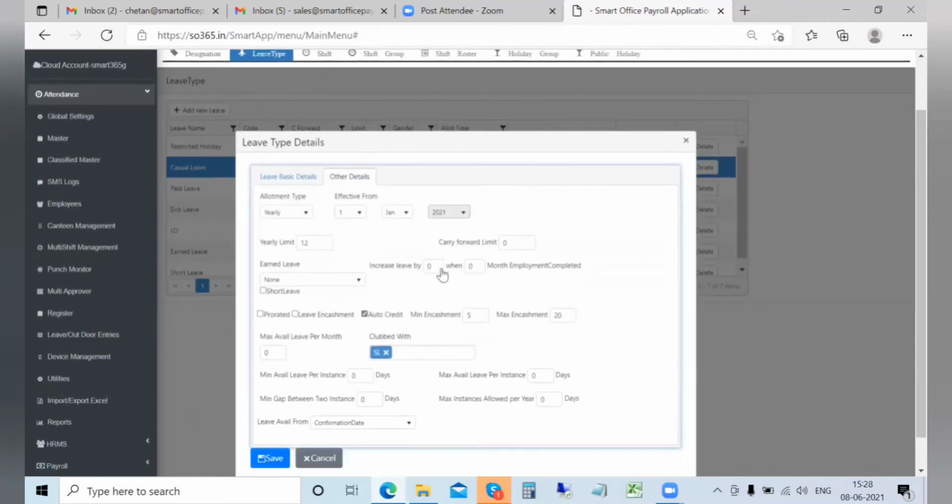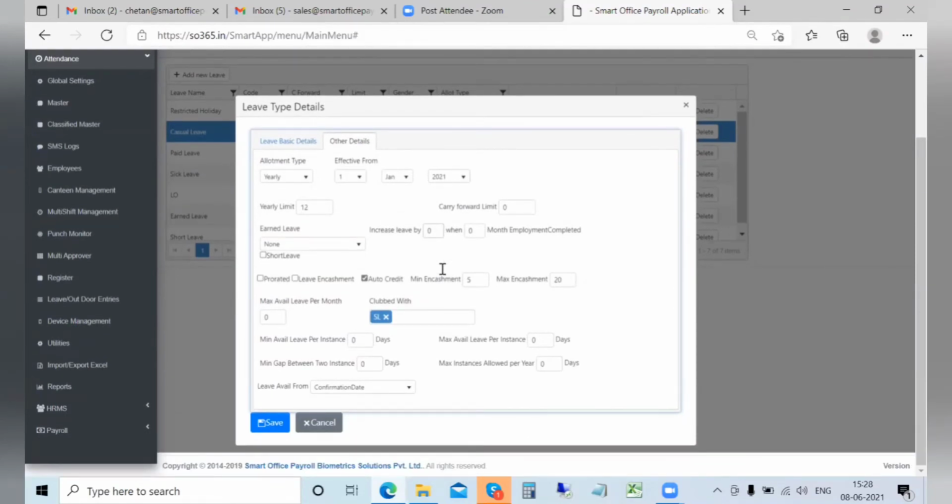Then there are important options like when the allotment will get started, how much to carry forward, whether we need to increase on a year on year basis, and whether this should be done on a pro rata basis if an employee joins in the middle of the year. Will this leave be applicable for leave encashment? Such options can also be defined.